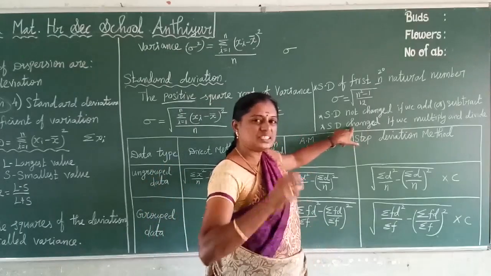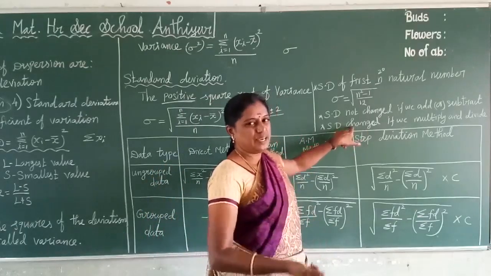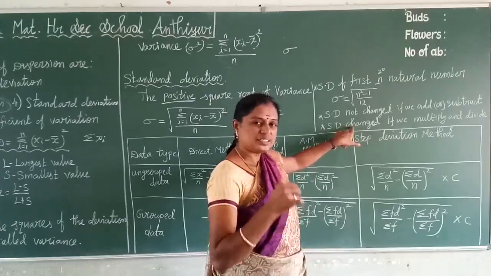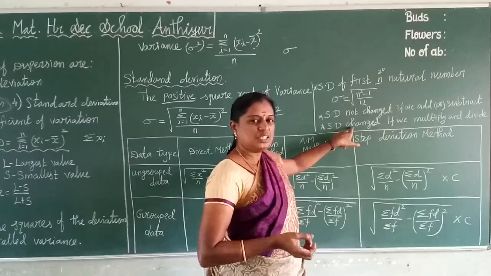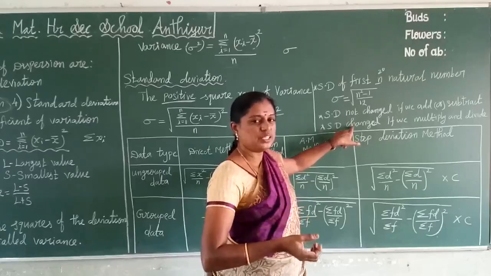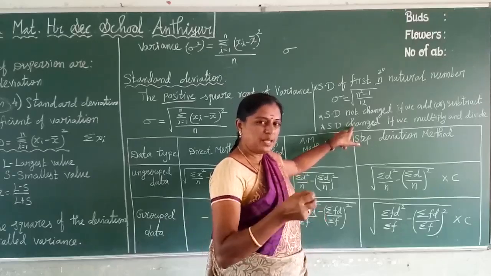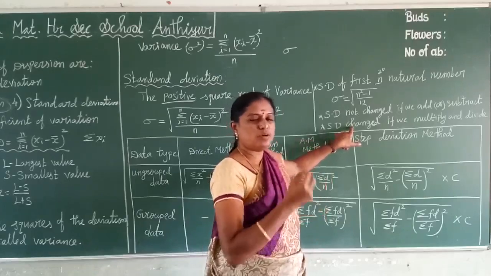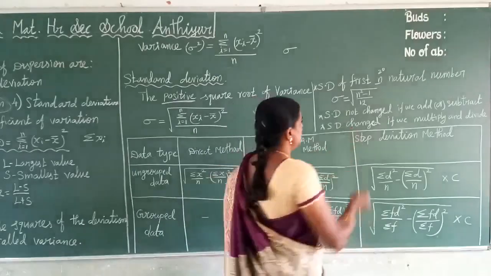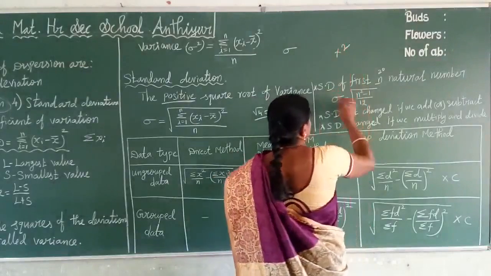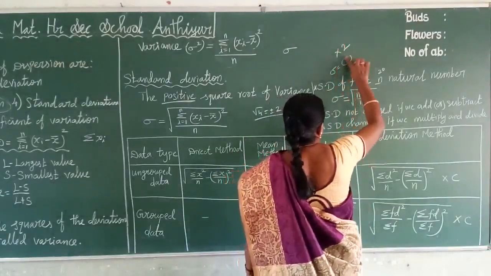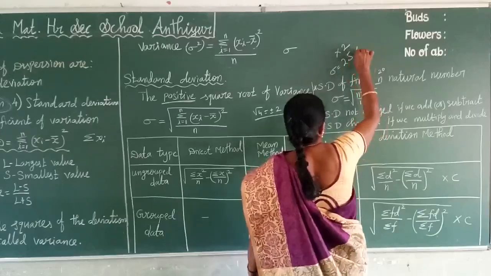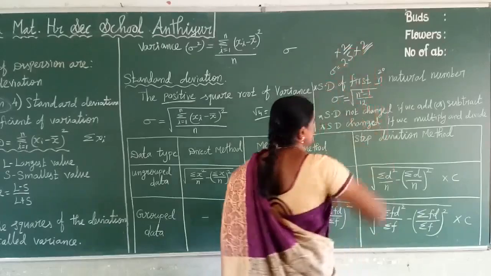Suppose you have to find the standard deviation of one data set. After that, each data value is to be multiplied by the same number or divided by the same number. The standard deviation is changed. How does it change? The answer is multiplied by the same constant. Which number is each data multiplied by? Suppose each data is multiplied by 2. At last the standard deviation answer also is multiplied by 2, or 2.5. The answer also is multiplied by the same number.